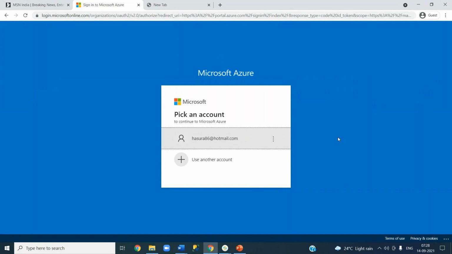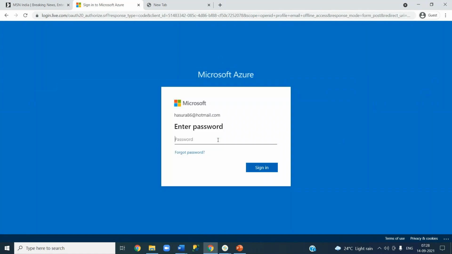Since I'm an individual, I don't have any enterprise agreement. I use my Hotmail account. Basically you need to have a Hotmail account to log into Azure Cloud if you're not using your company's email IDs. So this is my email ID. Portal.azure.com is the URL.